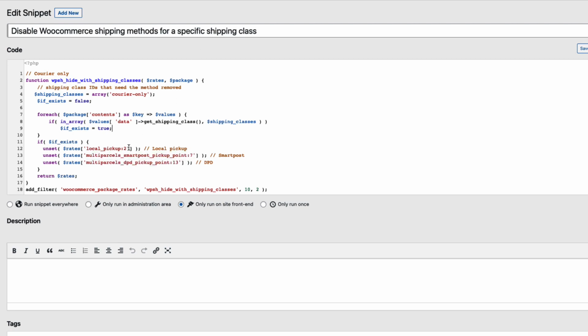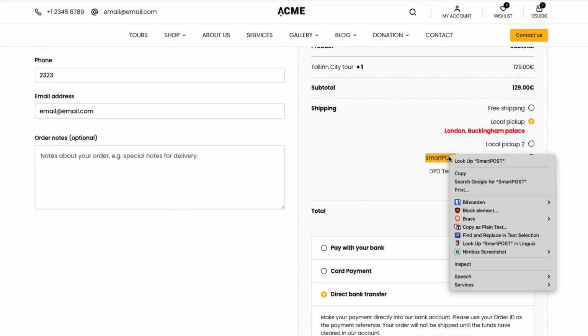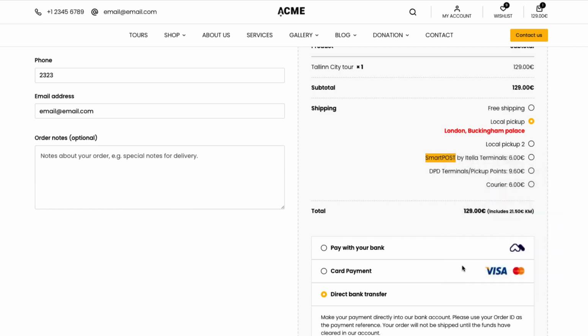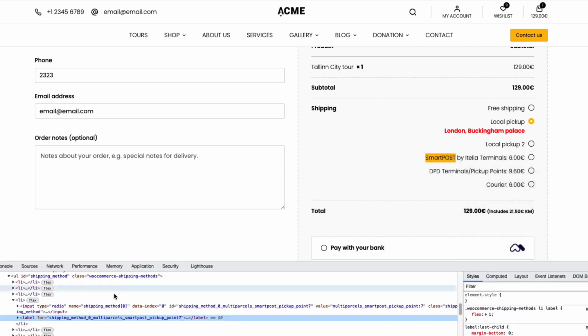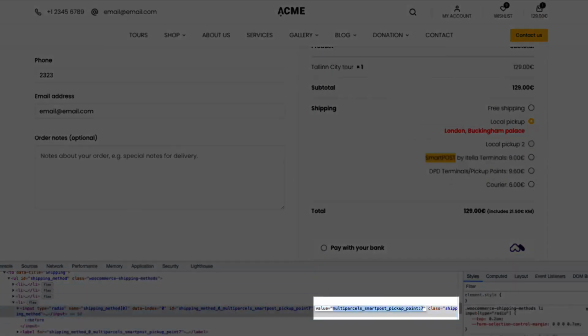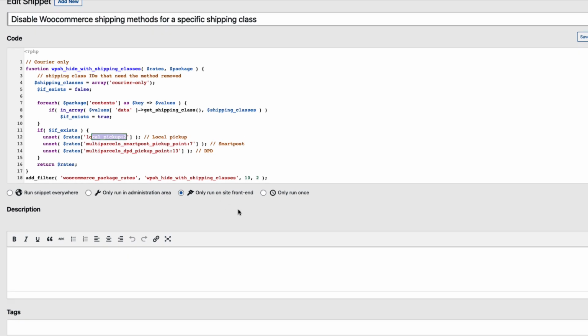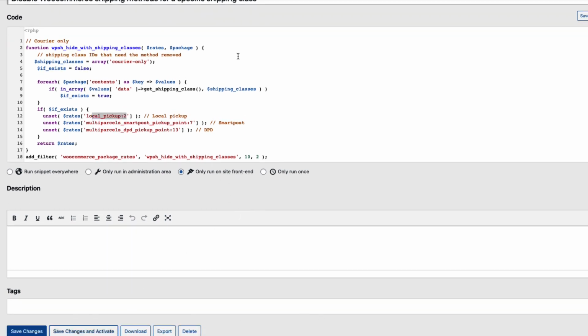In order to find out the shipping IDs I would like to use, I have to go to the checkout page, right click here, inspect. I'm going to select the shipping methods I would like to hide, and as you see, there is a value here. So I'm just going to copy and paste it here, second one here, and third one here. Now only run on site front end, save changes and activate,